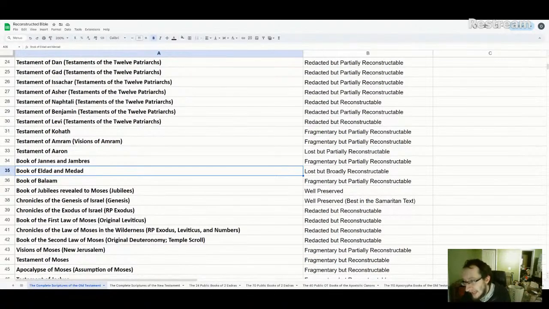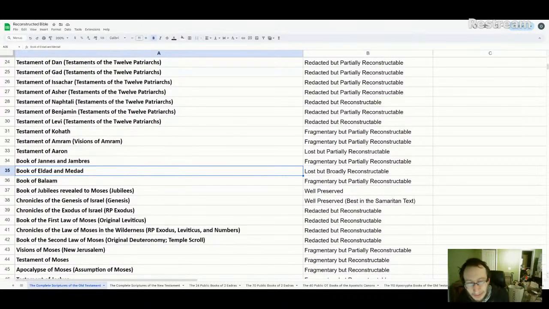So from what I can tell, it seems like the Book of Eldad and Medad gives an account of that story in greater detail, where the 70 elders all have visions, all have prophecies, but Eldad and Medad have their own prophecies. And so it would have given the prophecies. And there's some speculation about what they prophesied about, things like that. There seems to be reason to believe that they probably prophesied about the quail and the manna, and perhaps some other last days events.